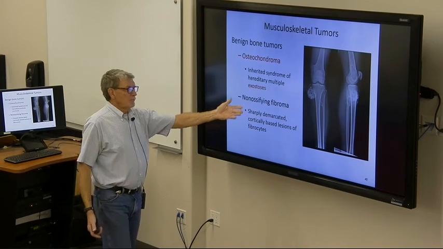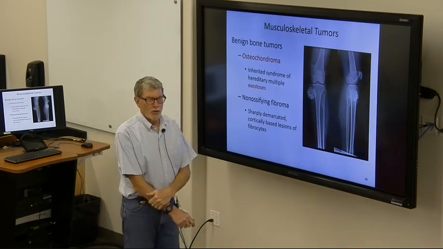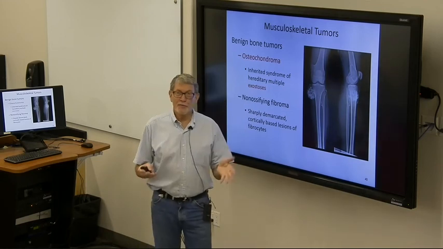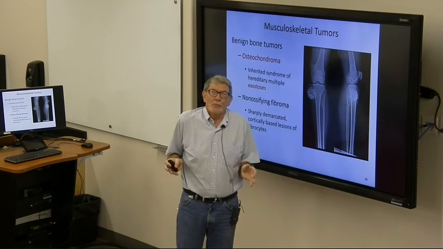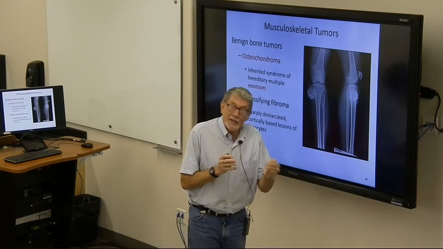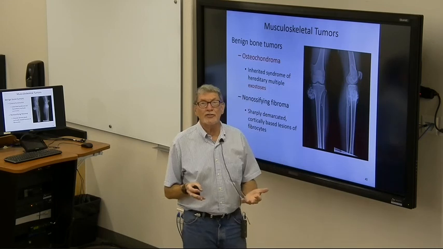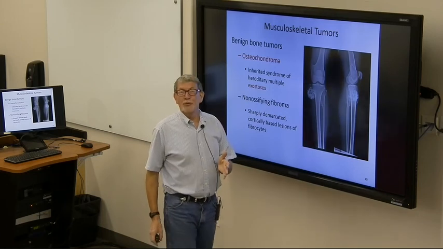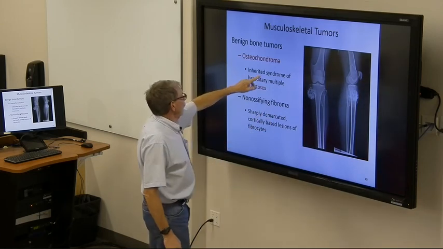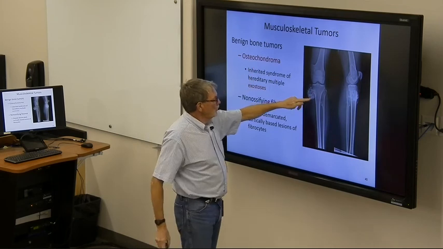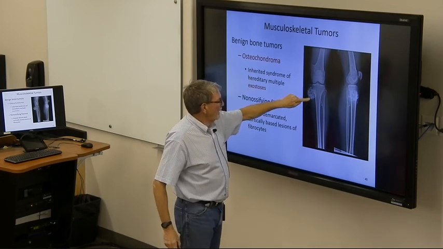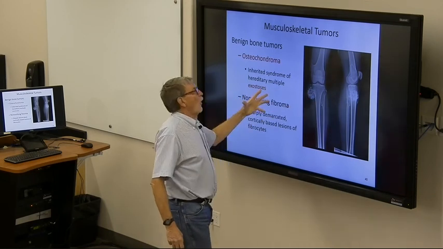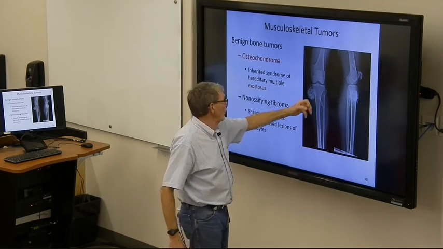Kids will be born with bone tumors or get bone tumors. Remember, children's tissues are growing very fast. When they're a fetus, all of their cells are almost like stem cells because they're differentiating into different kinds of cells. They're growing fast. And so they can lose control. Osteochondroma, this is of the cartilage on the outside here, and an exostosis is a tumor that grows outward. Instead of growing into the bone, it's growing outward.